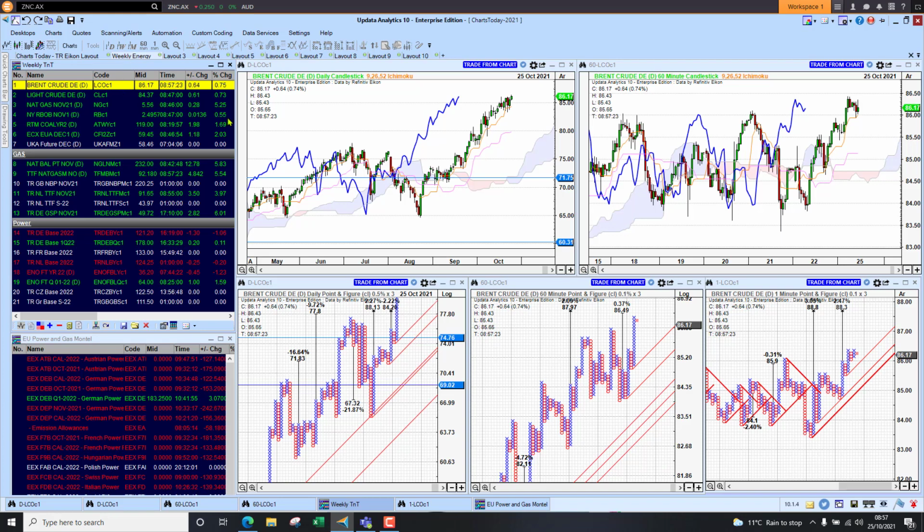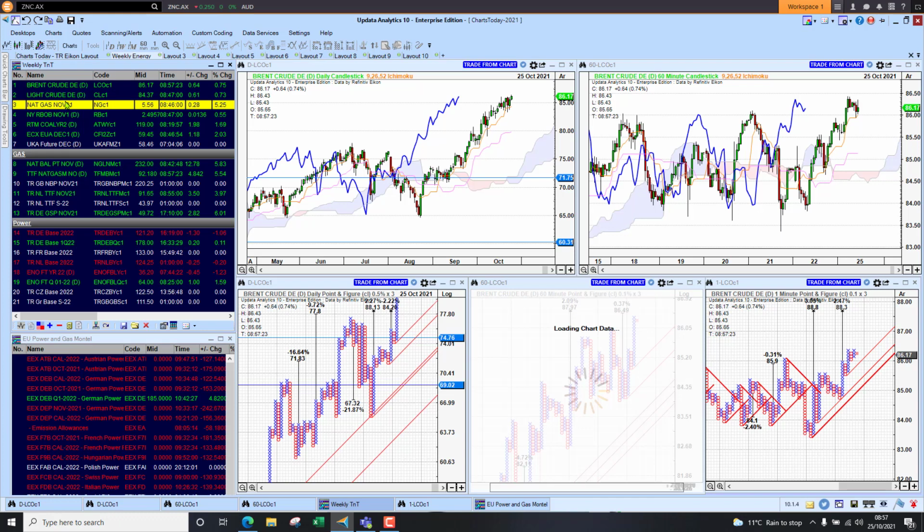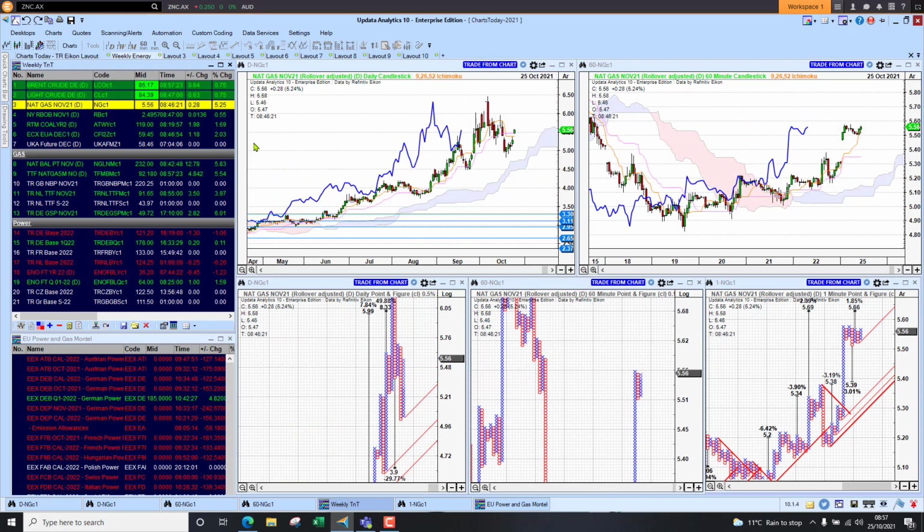Looking at Brent Crude this morning, breaking to a new high, so breaking the levels that we saw last week, so looking strong there. We've gone out to clients as bullish again this week on crude oil. US nat gas, another feature, has turned the corner, was in a downtrend, now back into an uptrend. Looks like it found a higher low, which is significant. Can we go above the 650 level? We've got targets that suggest we can, and again we've got upside targets, so we're bullish there as well this week.